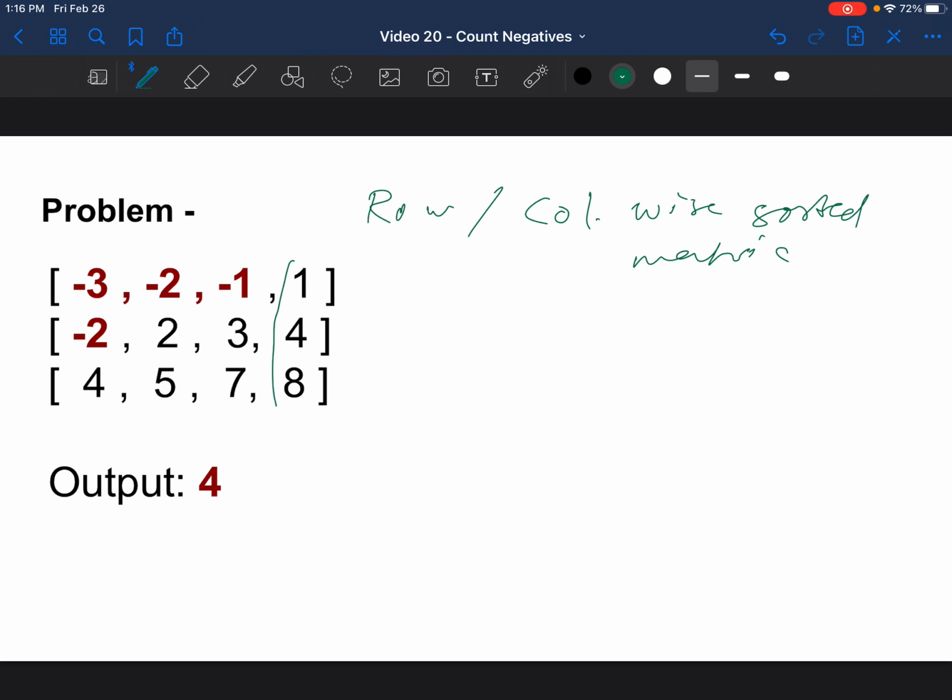So in the worst case, you might not have found any negative, and you'd go all the way here and then jump all the way here, which is n. So the total distance you're covering, or the elements you'd cover in the worst case, would be O of m plus n, which is the row width and the column width. So as you see, I took O of m into n, to be more precise, a quadratic program, and I converted it into a linear program using the property given to me